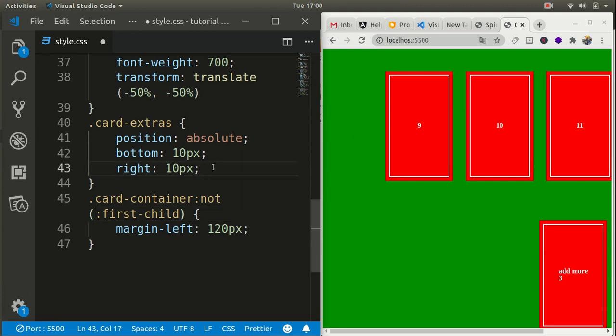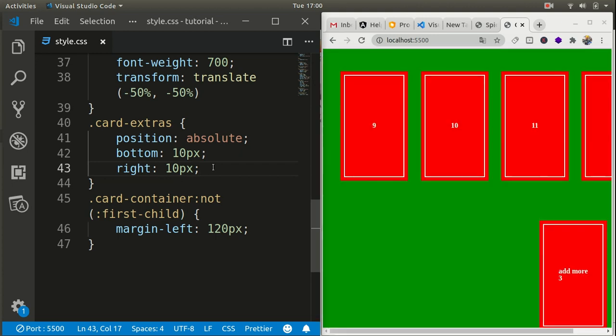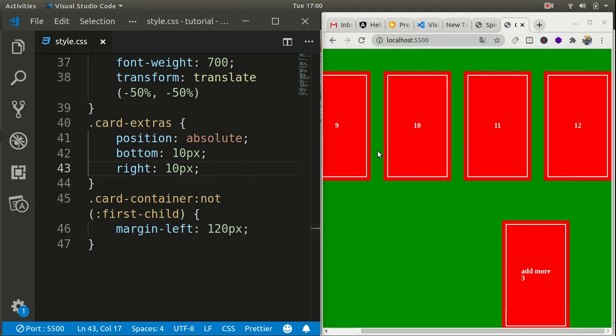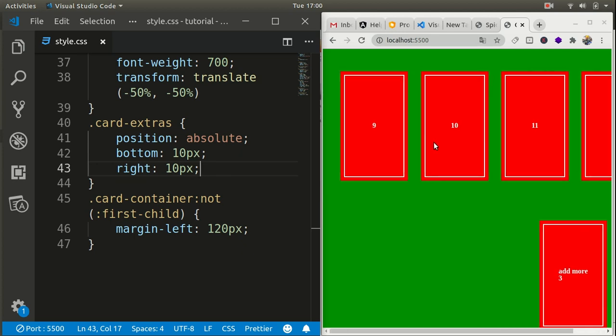So if now I save this, except the first element, each and every element of class card container got the margin left of 120 pixels.